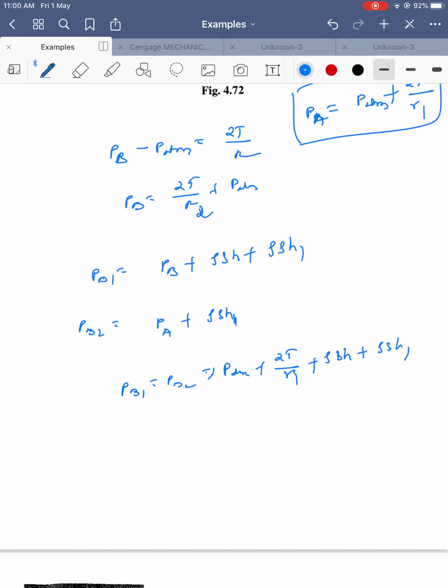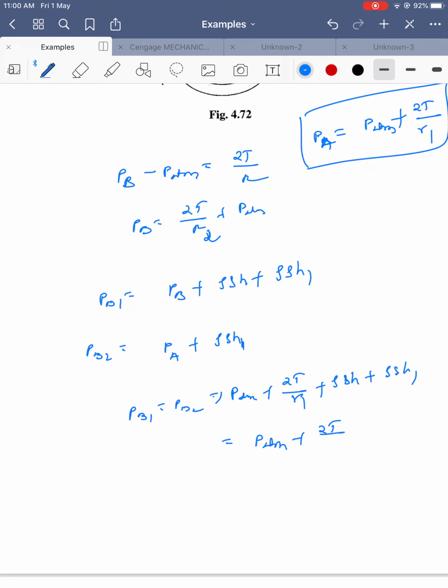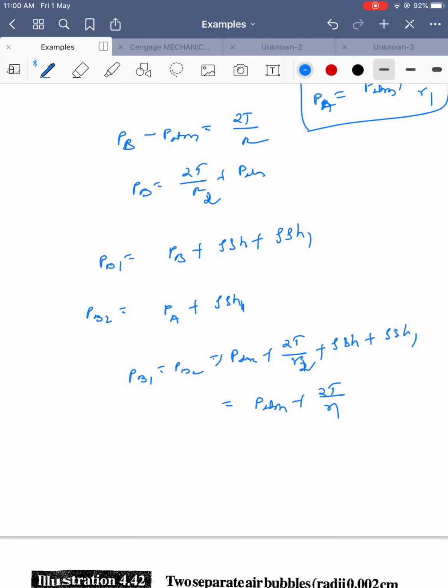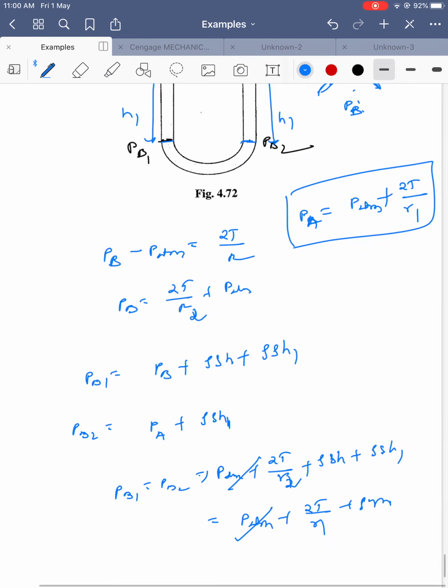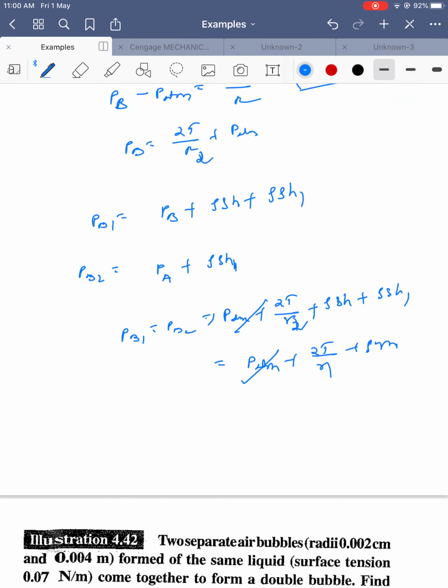rho g h1, which is equal to pi, which is nothing but p atmosphere plus 2T by, I am sorry, this is r2, right? 2T by r2, 2T by r1. Okay, p atmosphere gets cancelled, plus here also rho g h1 is supposed to be here. So rho g h1 gets cancelled, so rho g h is equal to 2T times 1 by r1 minus 1 by r2. Okay, h is equal to 2T,